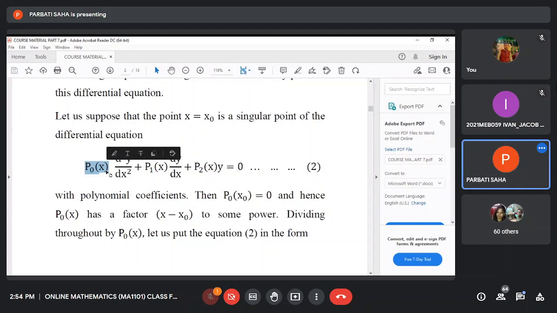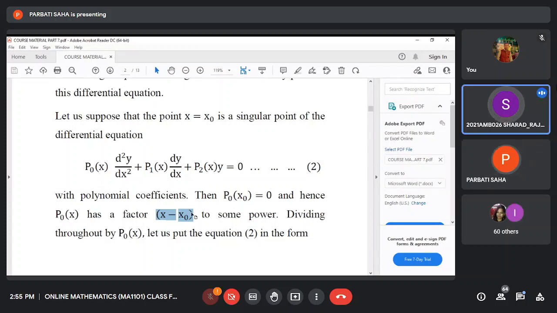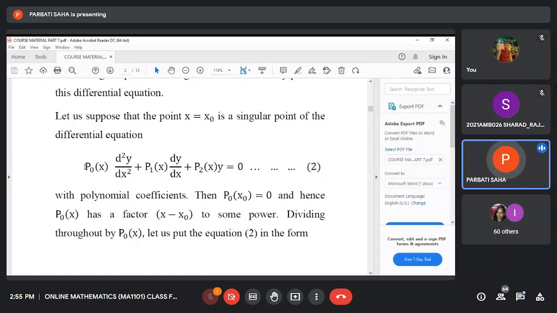And also you can say that x minus x0 is a factor of P0(x), because P0(x0) equals 0. X0 being a singular point, x minus x0 must be a factor of P0(x). I think no doubt about it, right? Because P0(x) becomes 0 at x equals x0. Now we divide the whole equation